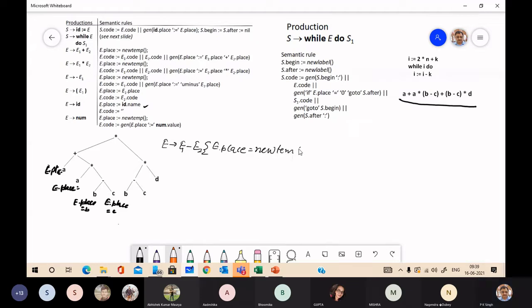Okay, followed by E code is E1 code, E2 code, followed by gen: E place equal to E1 place minus E2 place.